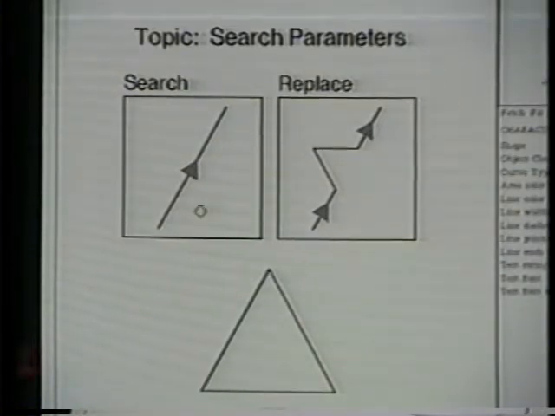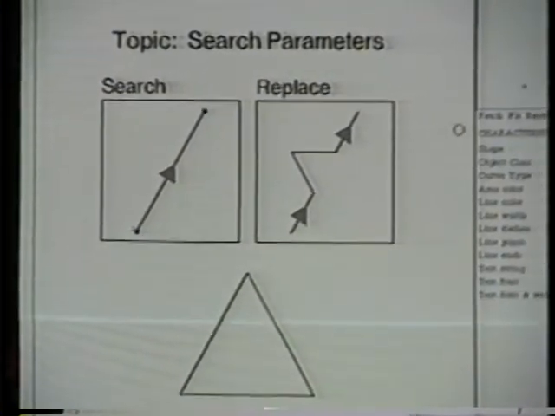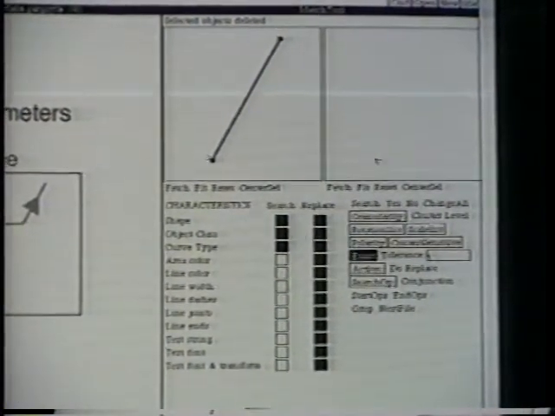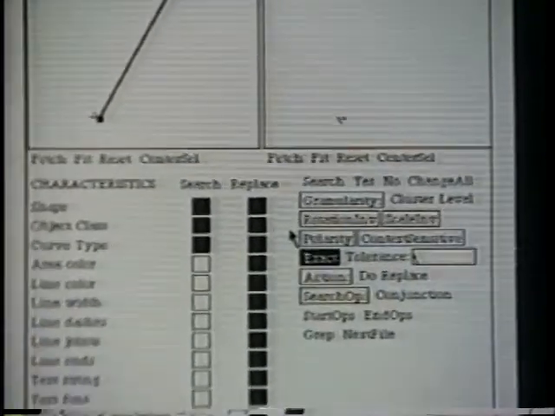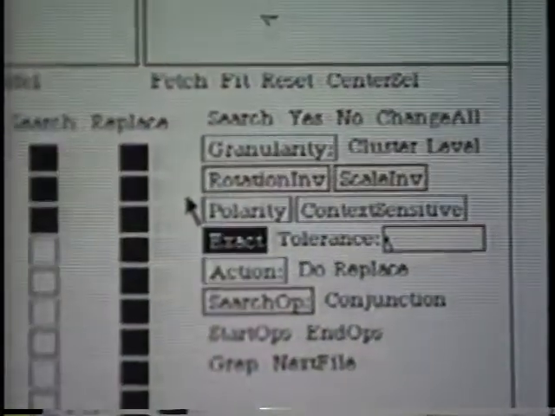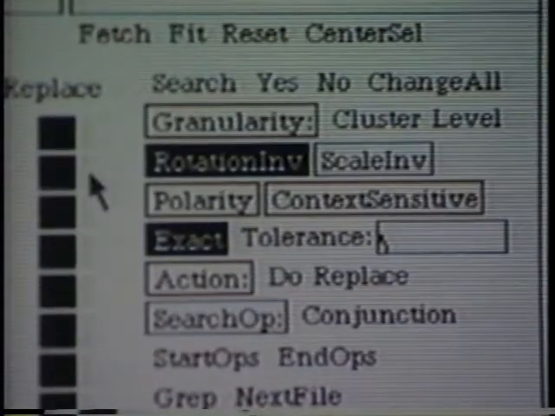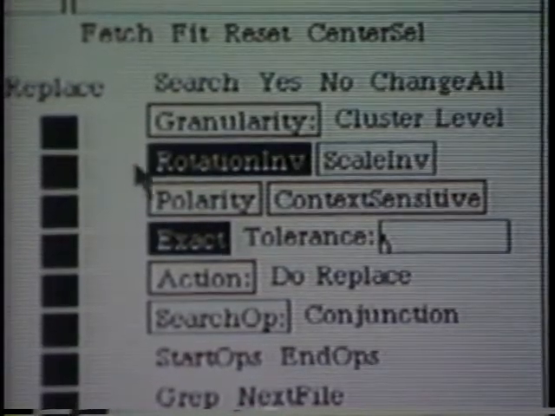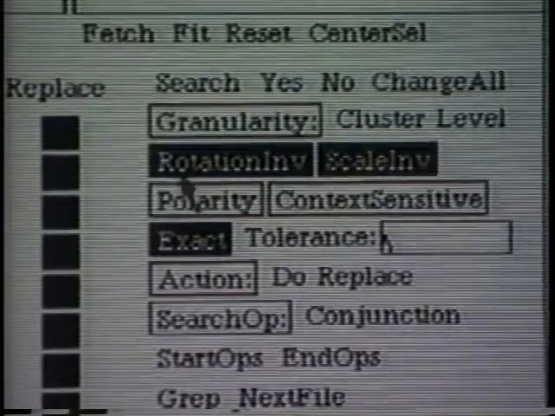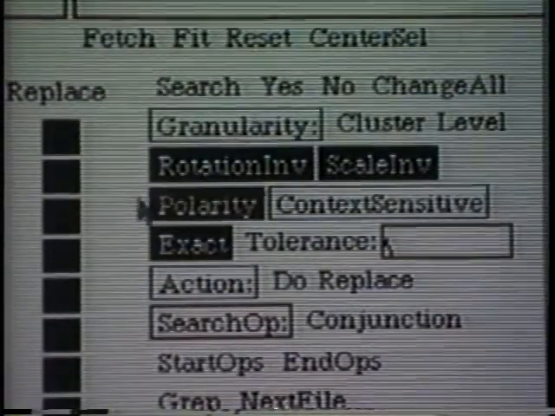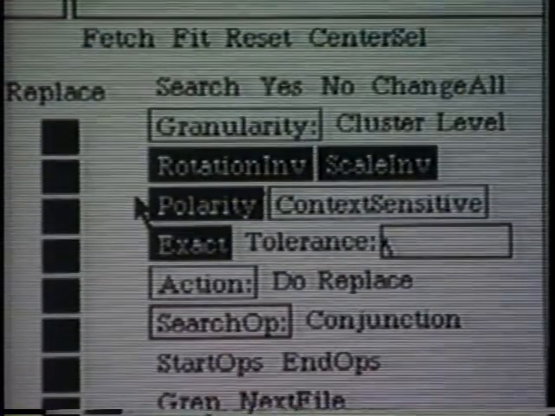I copy the line segment into the Matchtool as the search pattern. For this search, I must specify some additional search parameters. Because I want to search for rotated versions of the line segment, I activate rotation invariance. Because I want to search for versions of the line segment at different sizes, I activate scale invariance. In addition, I activate the polarity option, which tells the Matchtool to match 2 shapes aligning the directions in which